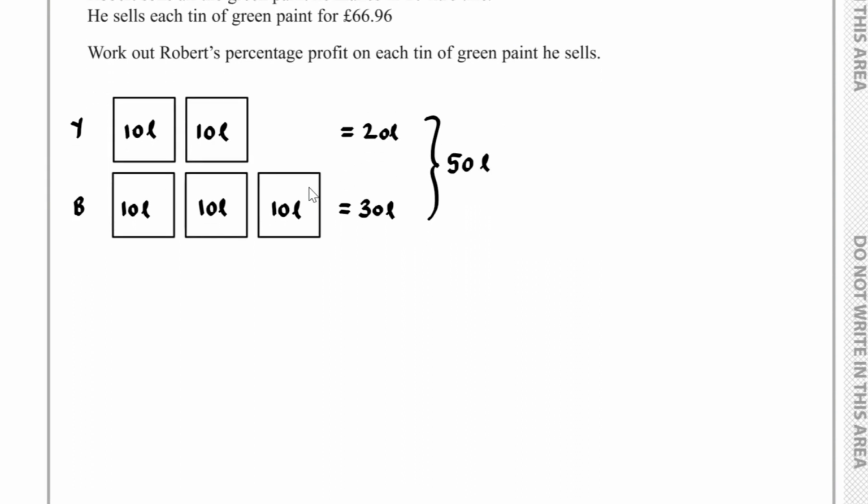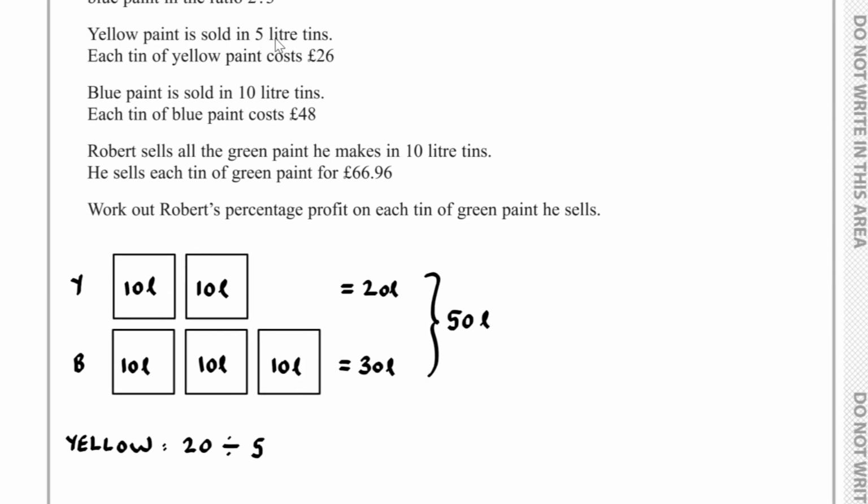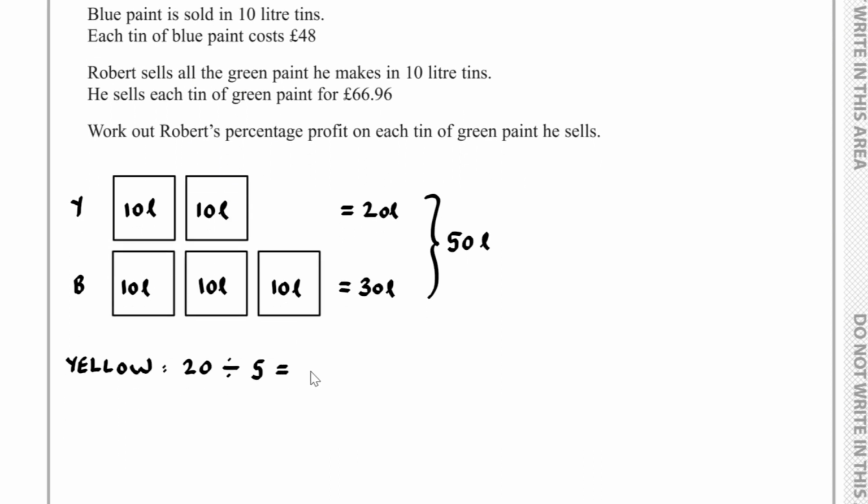So if we consider the yellow, we have 20 litres in total of yellow, and if I divide this by 5, because it's sold in 5 litre tins, this will tell me that I require 4 tins, and the cost of this, I have 4 times 26, which is 104. So for yellow paint it costs £104,